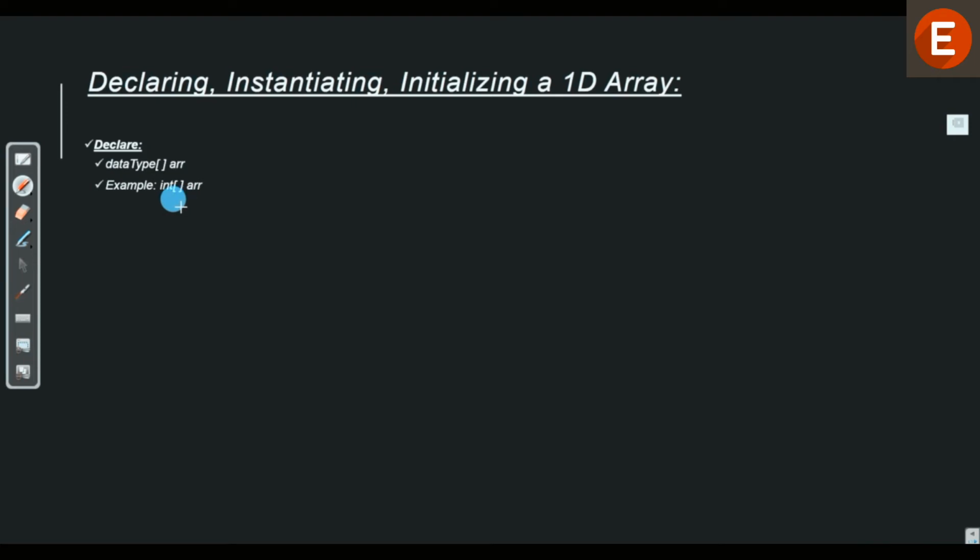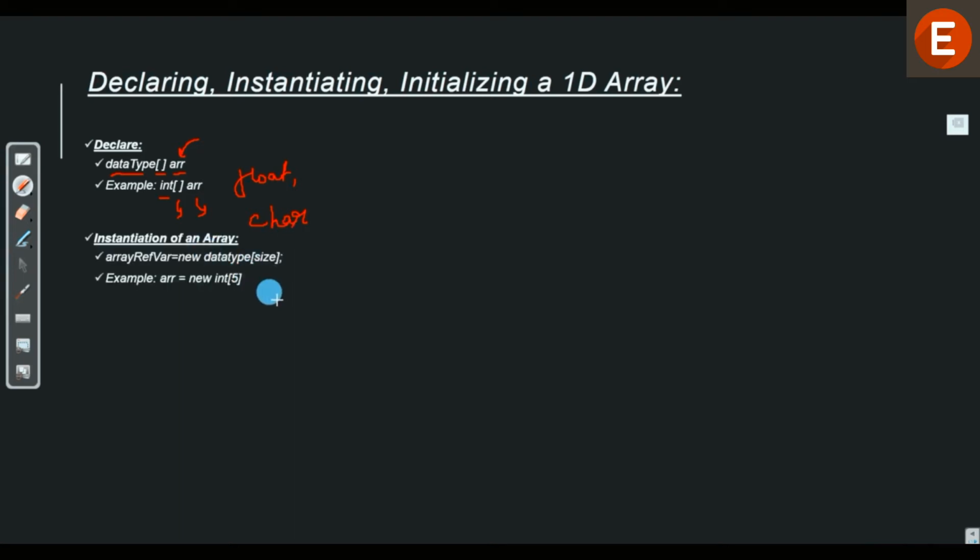So declaring an array is very simple. All that we have to do is say the data type, the open brackets, and the name of the array, which is arr in this case. For example, we say int[] arr. Now the data types can be of different nature. It can be either integer, float, double, or character. It depends on our needs. The complete list of all the data types supported by Java can be seen on Java's official website.